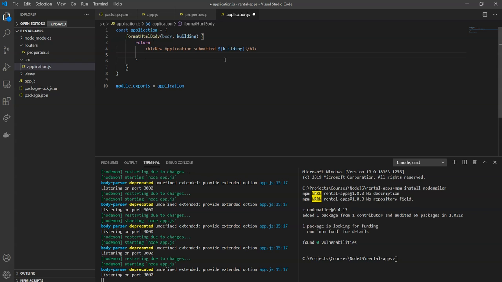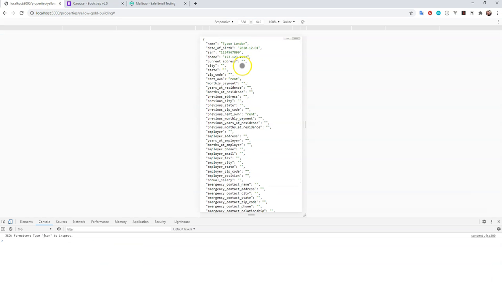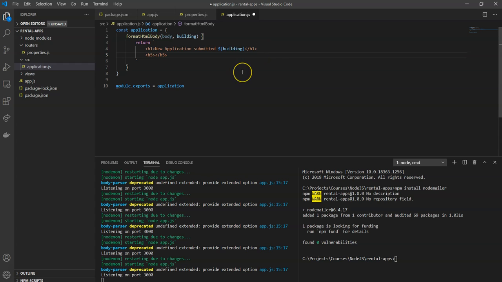Now, we can start to add their details. So we'll do this as an H5, and we'll just add a bunch of them in here. So basically all you do is you go over to here, I'm not going to copy everything. I'm just going to do the first 5 or 6, because then you can actually go in there and add the rest yourself. So I'll add name, date of birth, SSN, and phone. So we'll say name, and DOB, SSN,